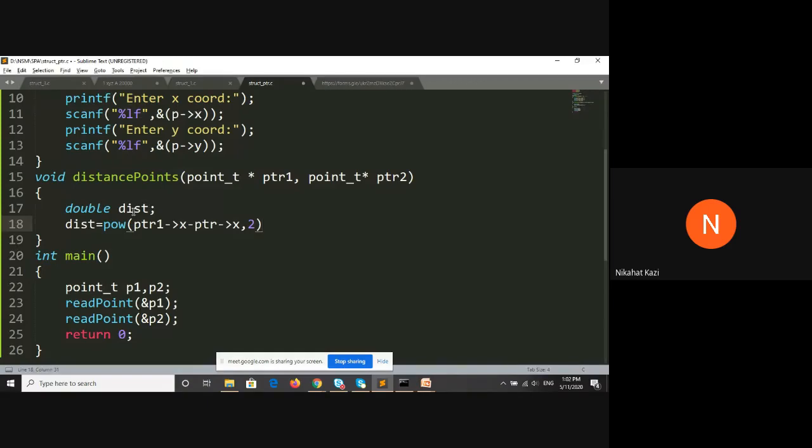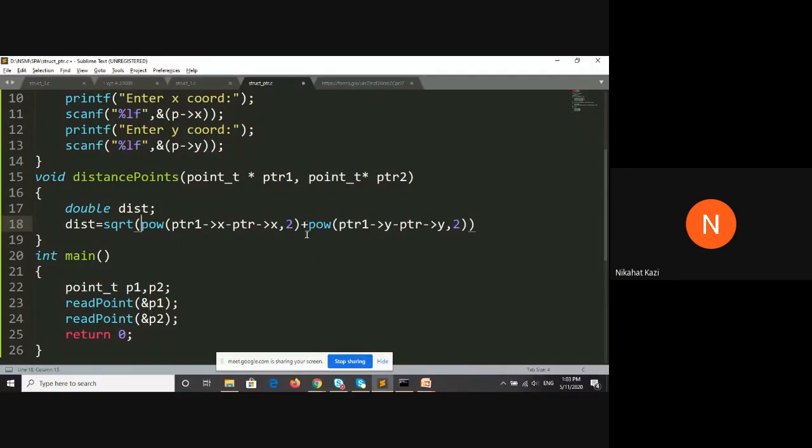Or you can write the same bracket multiplied by the same bracket twice if you don't want to use power. Plus the same thing, the power function with the y coordinates, and the square root of this entire thing.